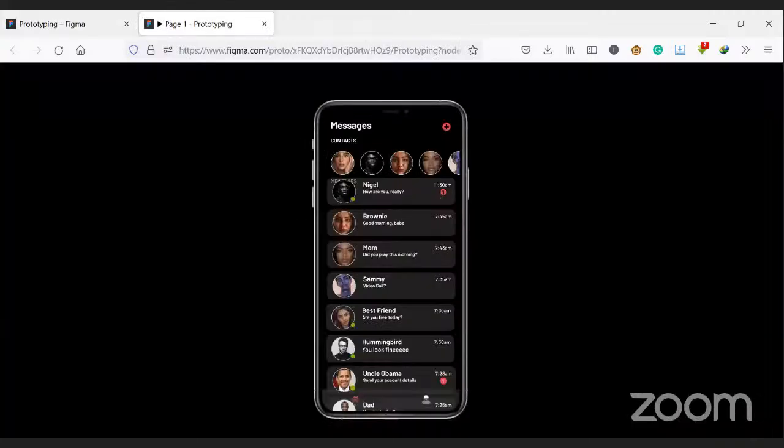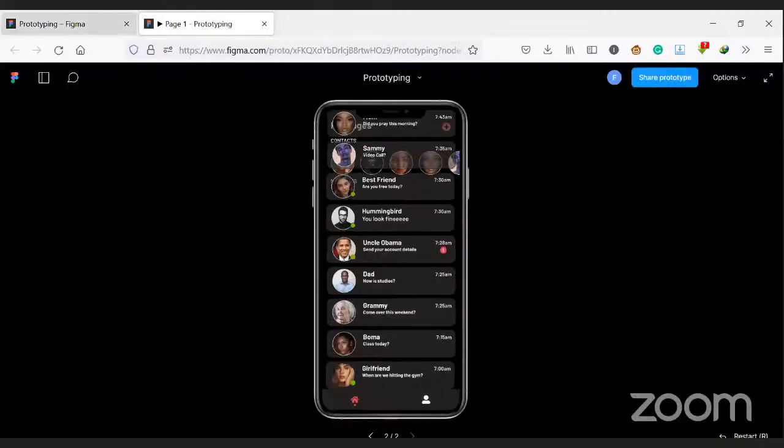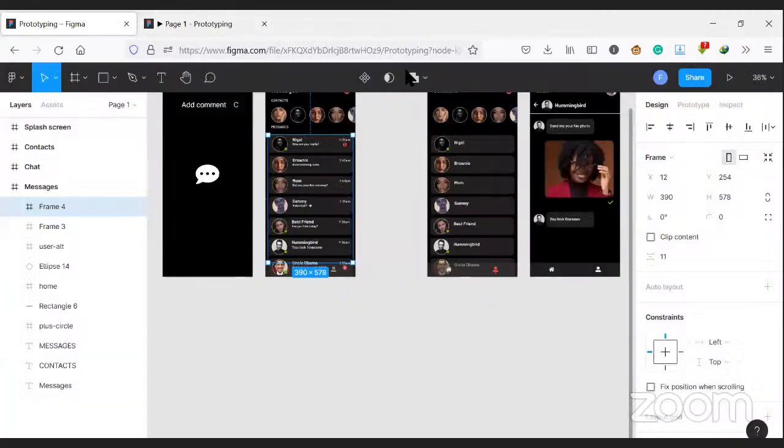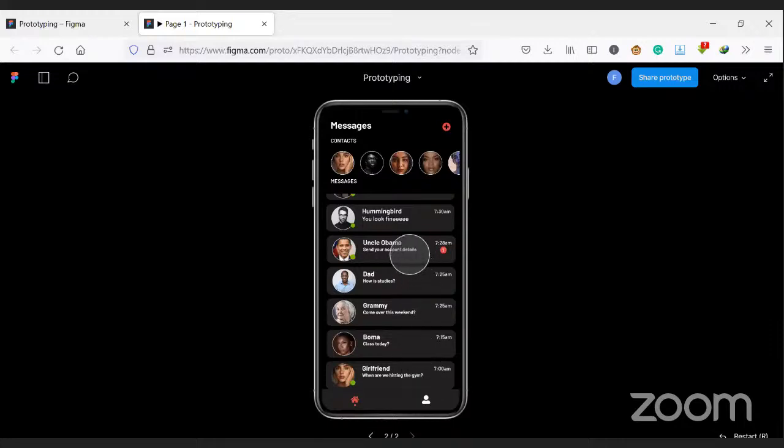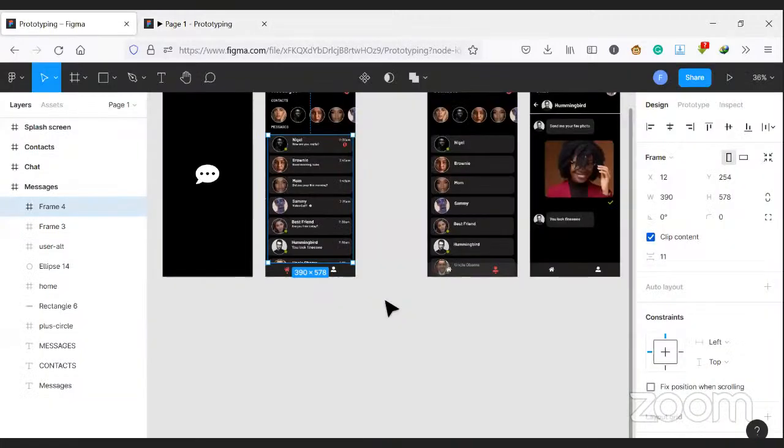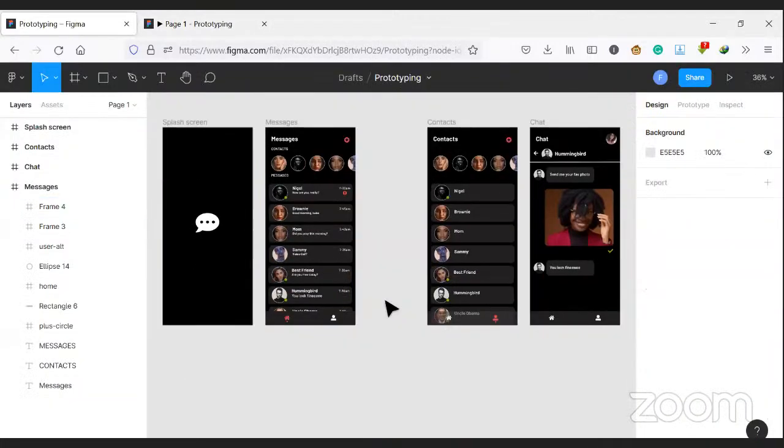So let's see the difference. We click on this, and we'll go back here. I don't know if you can see the difference. So yeah, that's it for the vertical scrolling. If you have a design you're working on, you can actually implement this. Just watch and learn, watch and practice. Okay, so moving on,